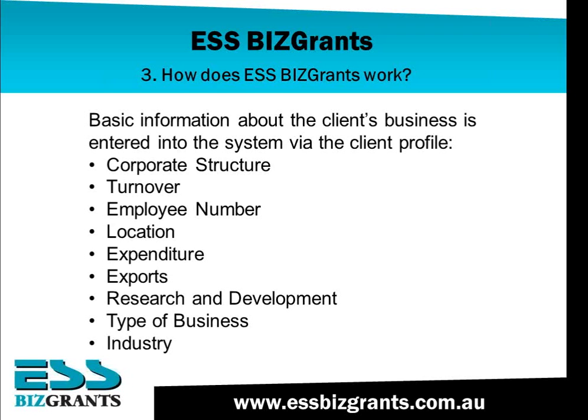So the basic information that we're looking for in the client profile is listed on the screen there at present. When we analysed the information we were going to require for the grants, we ended up with 800 or 900 odd questions. Now, we obviously realised that we couldn't ask that in every case. So what we've concentrated on is asking 20 questions in the client profile. That has enabled the system to do the initial sort to then determine the grants that might be on offer